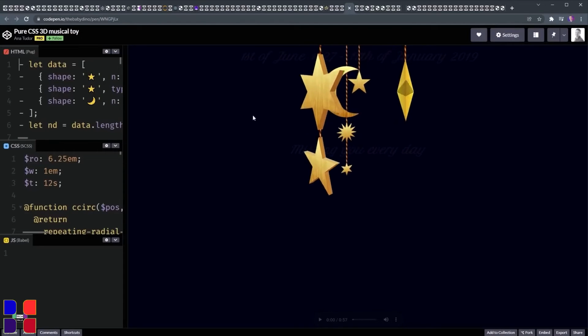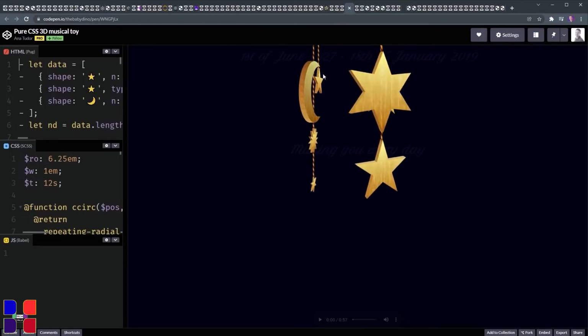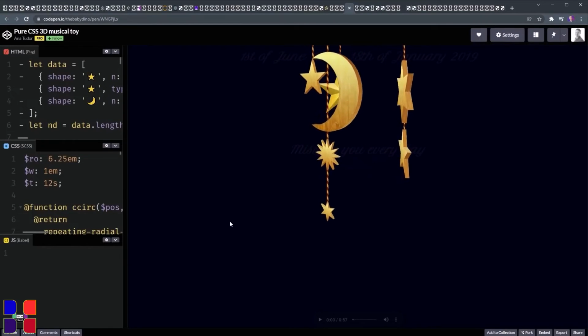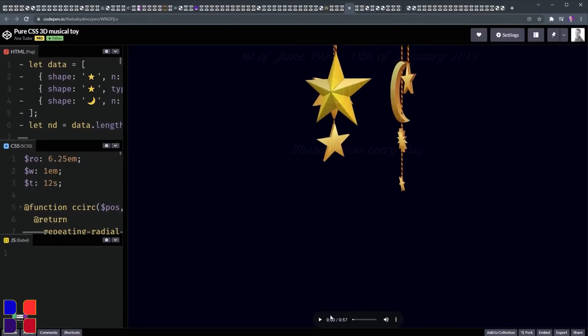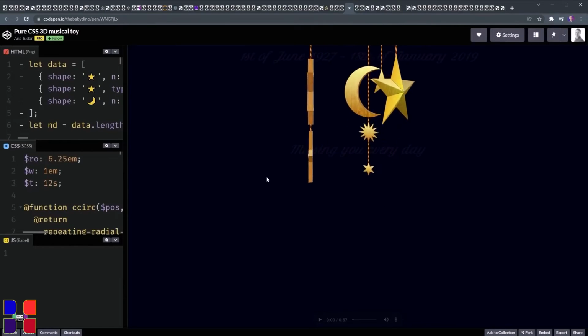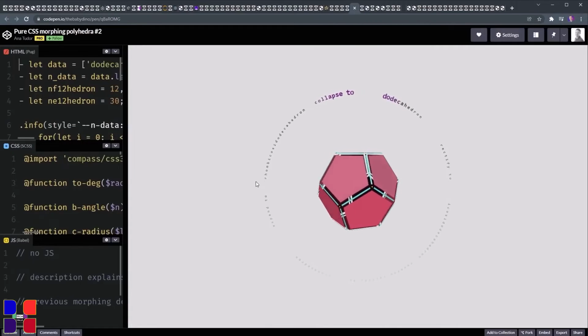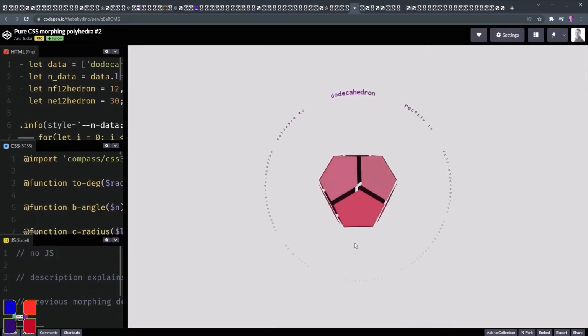Even this, look at the string, just having that texture on the string there to hammer it home, the different textures on the wood. Really, really cool. Yeah, so let's see what else. And it looks like we can get some music playing if we wanted to as well. Let's see what else Anna has given us. So here's another one. Pure morphing polyhedra